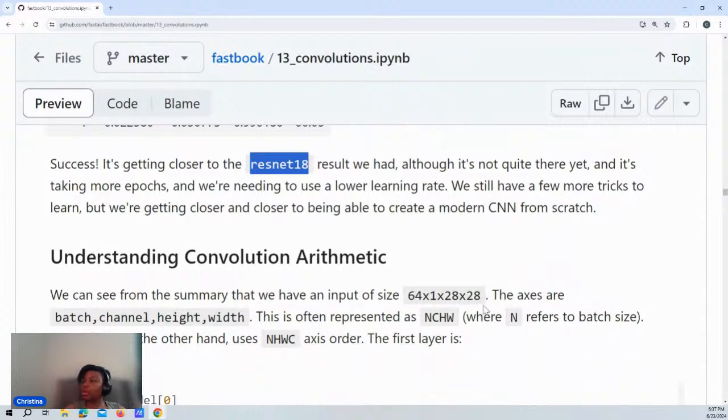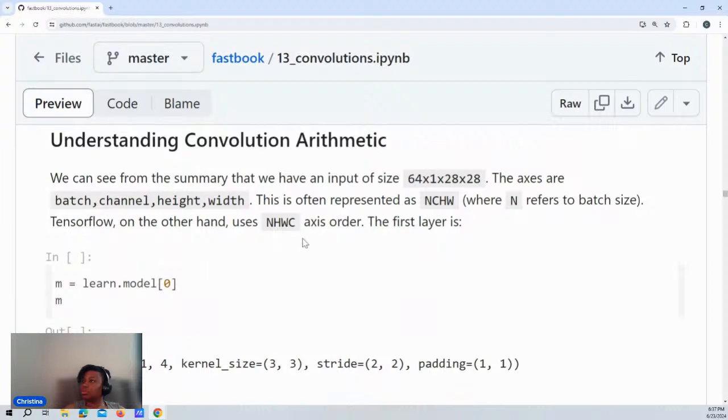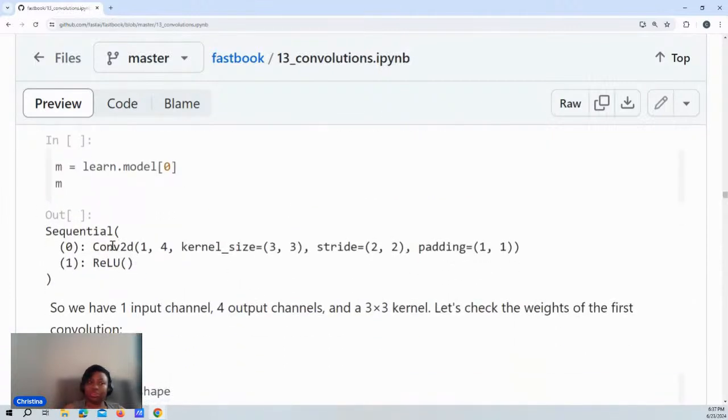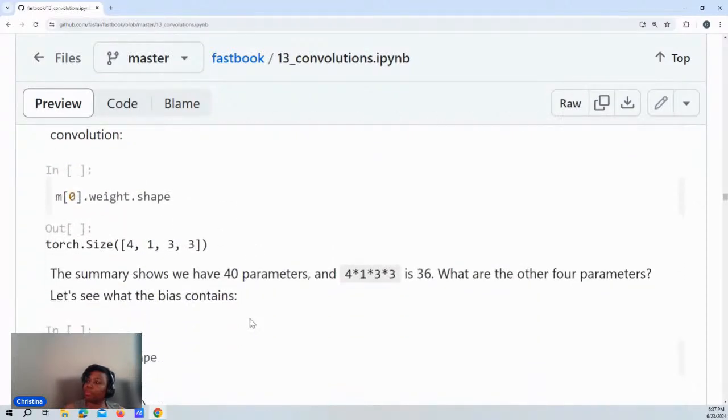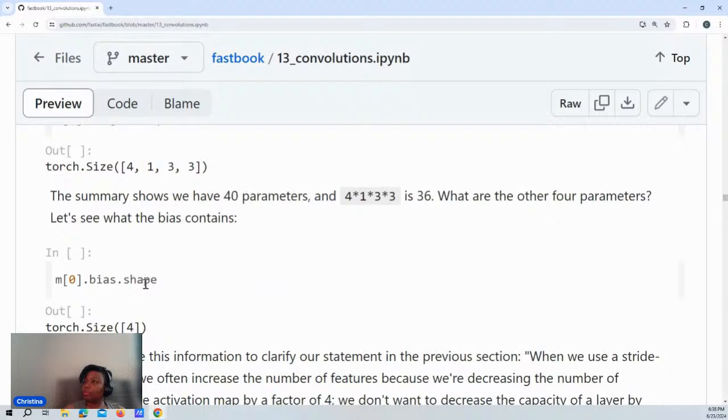Okay. Axes are in HWC, batch size, tensor. So if we look at learn.model sequential, four parameters, 40 parameters at the end with the weight size, 4 times 1 times 3 times 3. The bias shape,